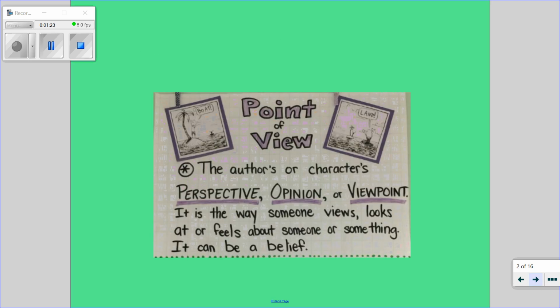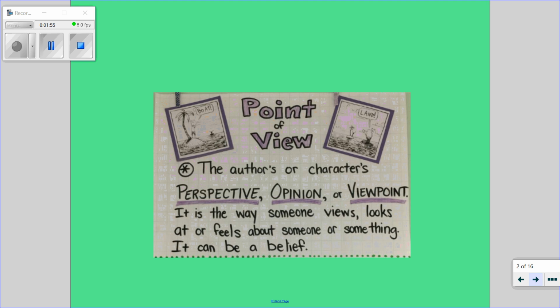So readers, when we see point of view in a story, it can come from different people. It can come from a character, it can come from an outside narrator, it can also be in a nonfiction text, it can come from the author's opinion or perspective. So when we're looking at fiction texts, we want to know that different narrators can tell us about the same event in different ways. So let's think about our mentor text.